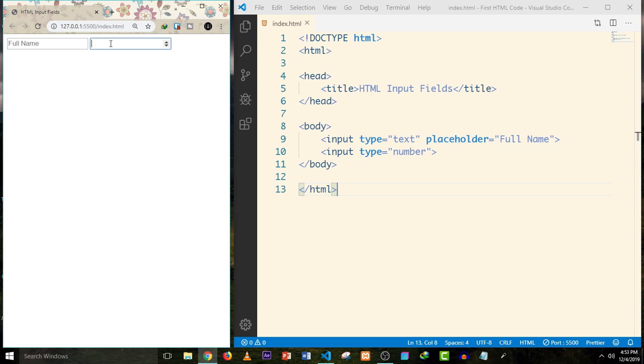The difference here is that this number input field will not allow anything that is non-numeric, but the text input field will allow any kind of data at all, whether it is numeric or a symbol or whatever kind of data, it is going to accept it. But a number input field will only accept numeric values. So if I try typing anything alphabetic, it's not working,